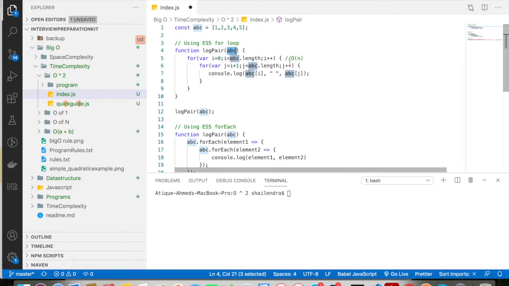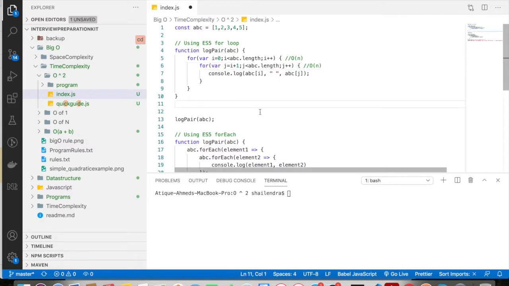The inner for loop also runs Big O of n. So the total time complexity of the function will be Big O of n cross n, which we can write as Big O of n power of 2.